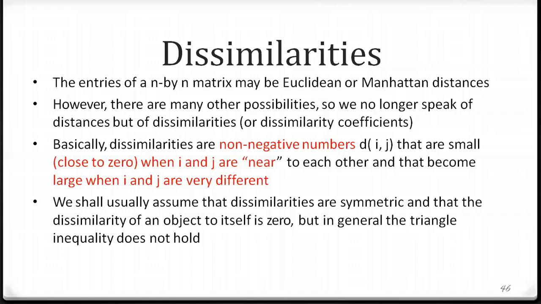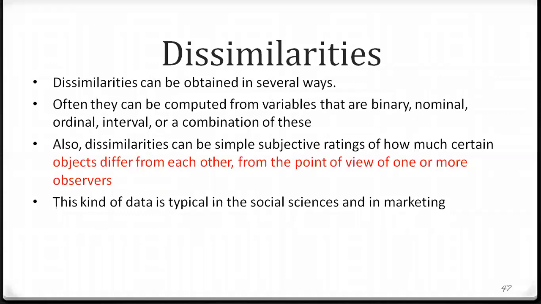Usually these dissimilarities are non-negative numbers, and usually the value becomes zero or near zero when the two points i and j are near to each other, and it becomes very huge if the points are far away or totally different. We discussed four different properties of the distance measures. Only the first three properties apply for dissimilarities, and the triangle inequality property will not be applied here. We can calculate dissimilarities in various ways.